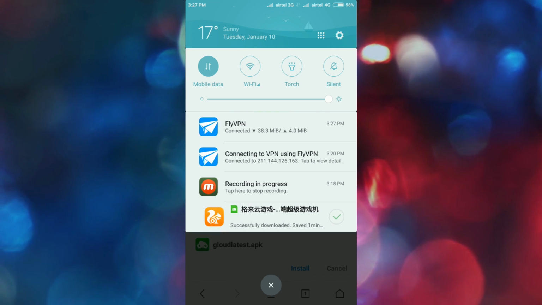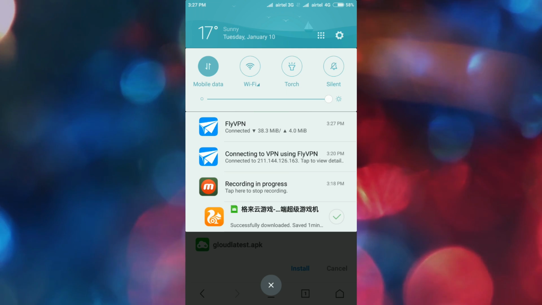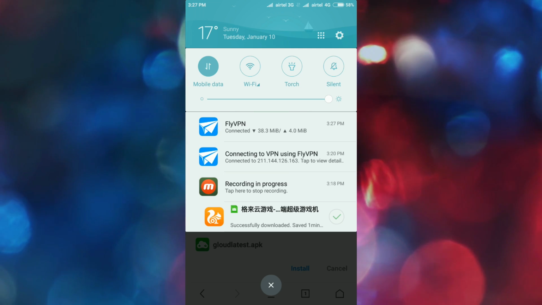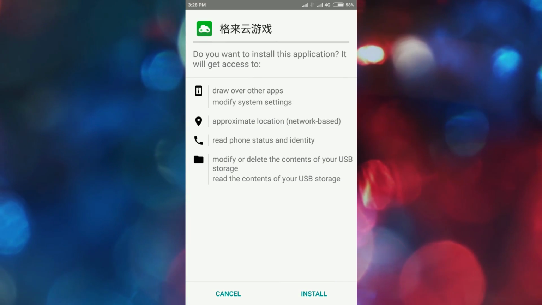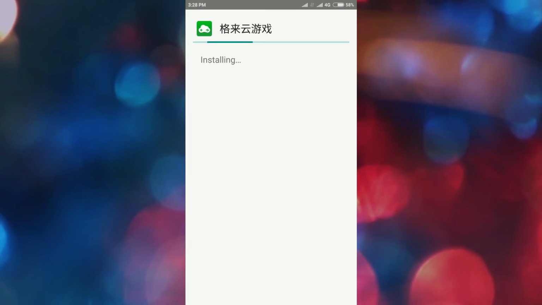And now as you can see, the app is successfully downloaded. So all you need to do is install it. Click on it to install it, and after that click on the install button.